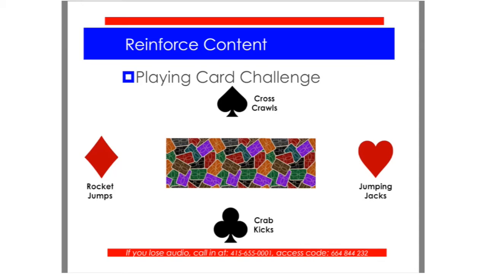So you're going to keep going, and you go back and you get a new card, and then you may end up at crab kicks. And again, if it's an ace, it's always 11. It's never 1. A lot of times I take out the low cards, and I don't tell the kids, but I take out the low numbers. And face cards are always worth 10. If you want to, you can also add jokers, and then the jokers can be any suit that you might need later. So it's like a bonus card that you get in your pack for when you're creating the math